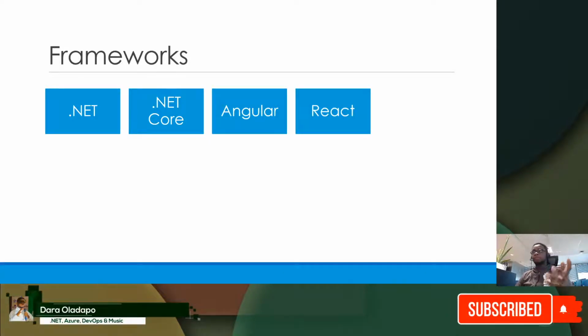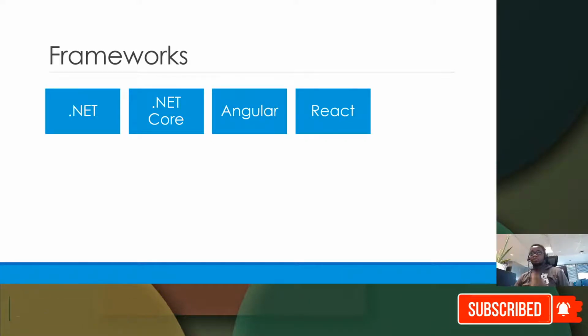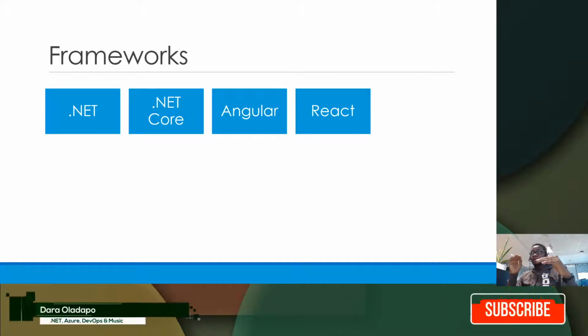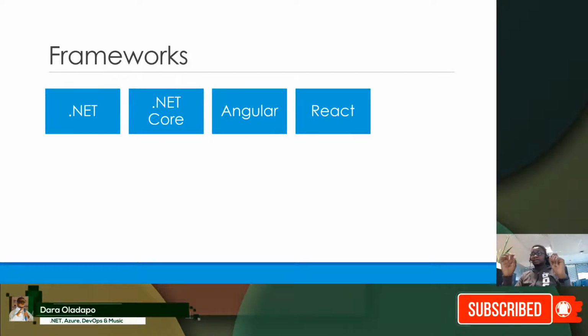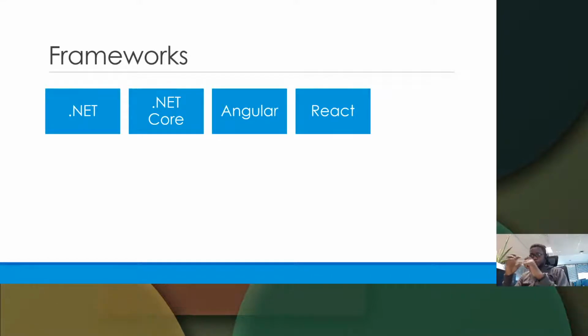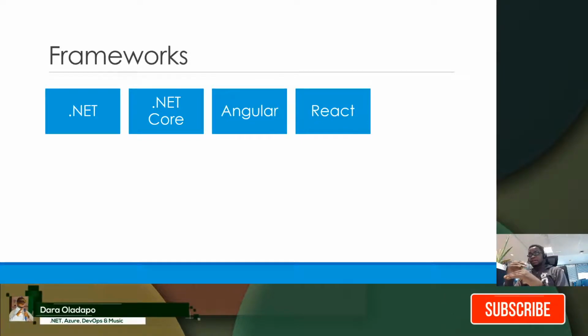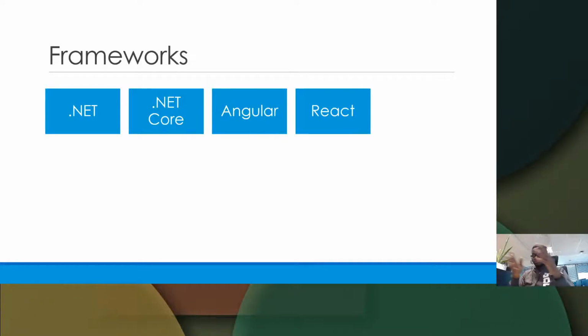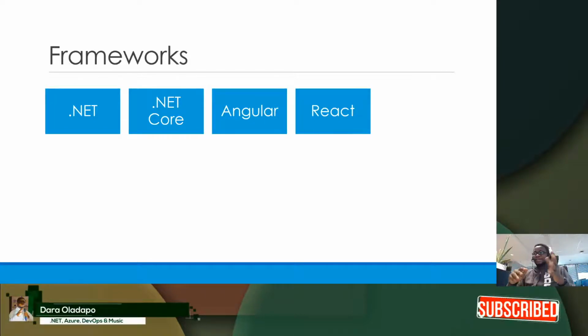Also, one of the most popular frameworks today is React. React is also a JavaScript framework. So Angular is a JavaScript framework, React is also a JavaScript framework. The difference between them is the structure of the work you actually do, of your folders or your files, namings, routing, and all that, they differ, but they are still JavaScript. So if you have knowledge of Angular, you might be able to actually get into React, or React into Angular. So personal opinion here, I prefer React to Angular.